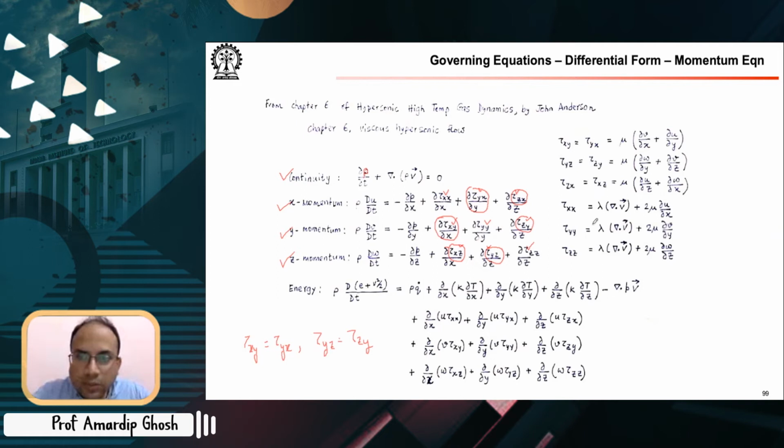So what we do is we invoke these constitutive relationships. That gives you more equations, so that we can close the system. We will also see that there is another constitutive relationship, which essentially comes from thermal conductivity in the energy equation. But at this point, let us focus on